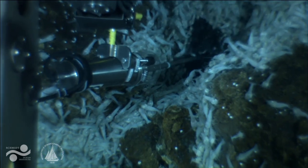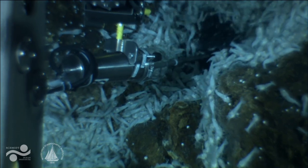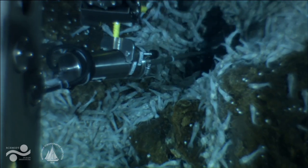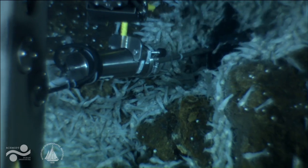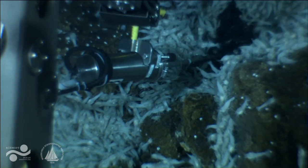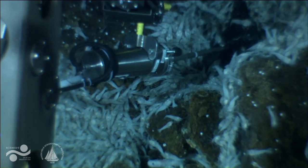Last night's, that's what we saw last night. Do you stop the clock there? No? Okay. Sorry. I mean, I can try to hold it in one spot. The vehicle's moving now, so...